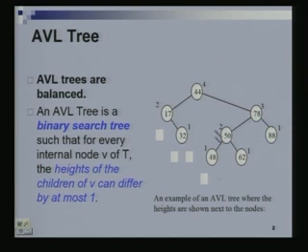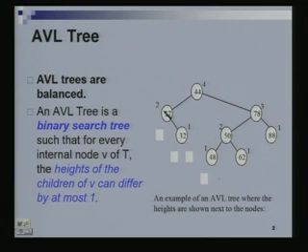Now such a tree is called an AVL tree if it is height balanced. Now what does height balance mean? If I look at any node and I look at its children, then the difference in their heights is at most 1. There might be no difference in their heights, as is the case with this node. Its two children have the same height. This node has a difference. The left subtree has more height than the right subtree. The left subtree has height 2 and the right subtree has height 1.